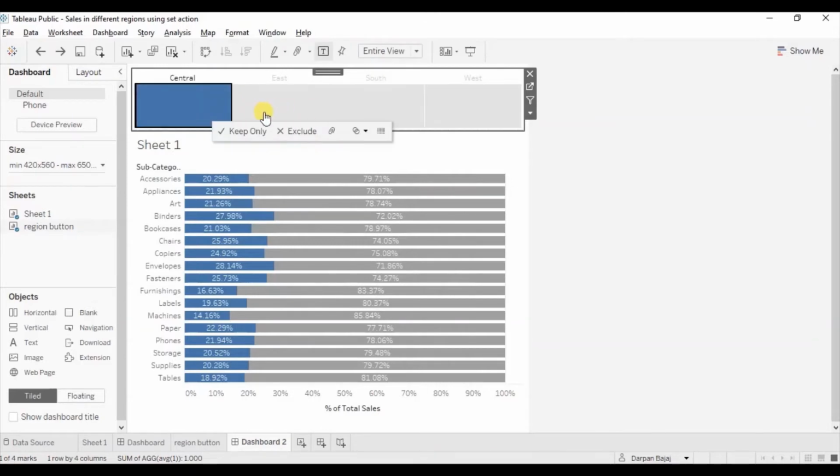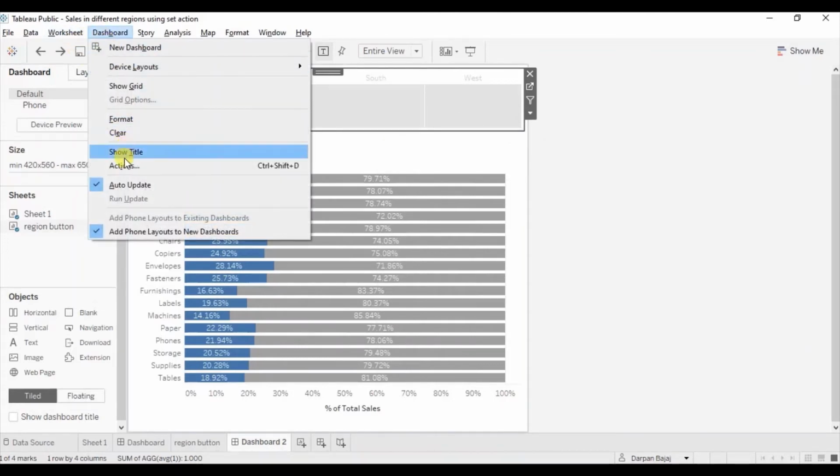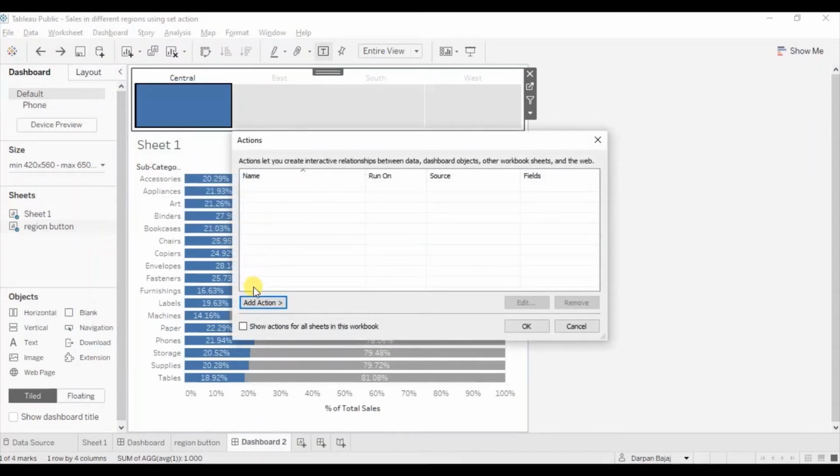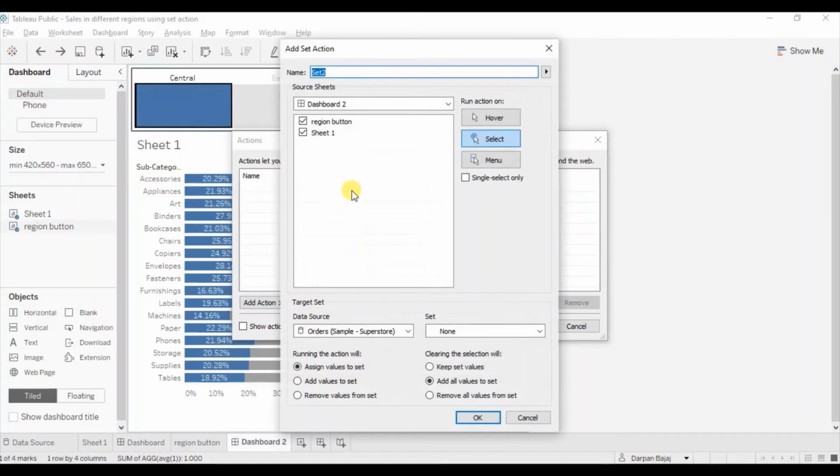For this, let's create a set action. Go to dashboard, click on actions. Let's add a set action. The source sheet will be our region button. Target set will be the region set. Let's select keep set values when the selection is cleared and click on OK.